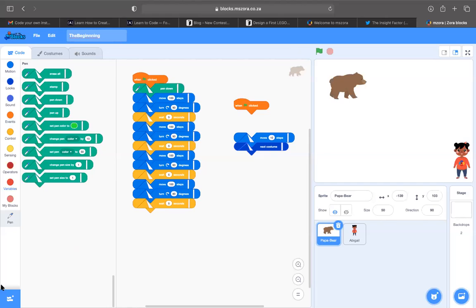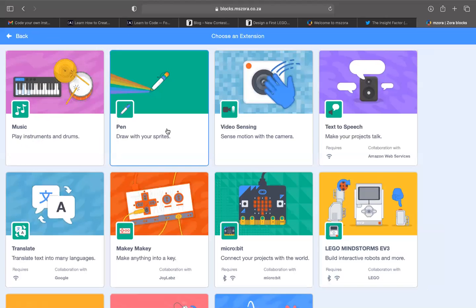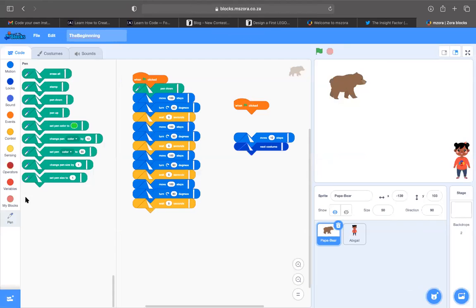Okay, cool. So if you go to extensions, everybody, go to extensions, you will find pen. And when you click on pen, you will see that it is going to open up a pen tool. The pen tool will be at the bottom left of all your coding blocks.